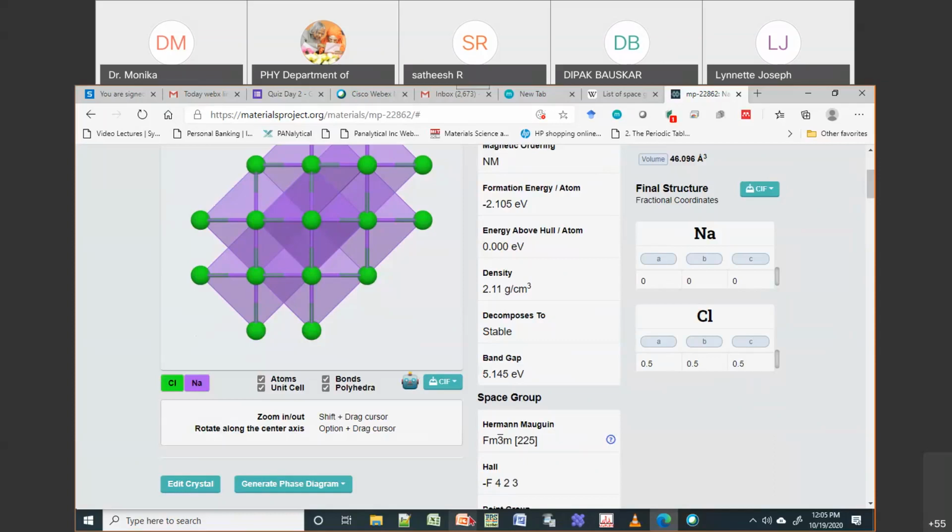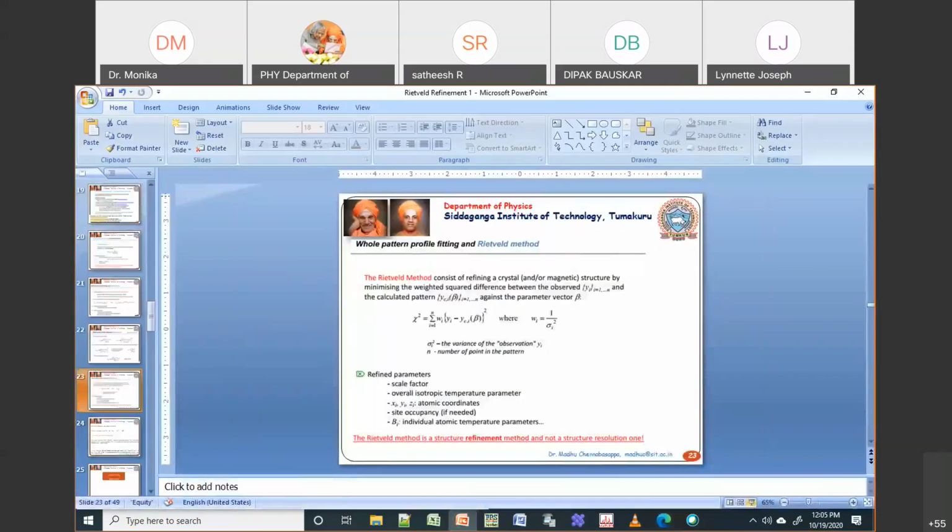That means you have atoms on the corners like this, and then you also have an atom in each face. So you have one atom here, one atom here, one on the top surface, one in the right, one in the front face, one in the back face, and one in the bottom face. So you have atoms in the middle of all the faces.